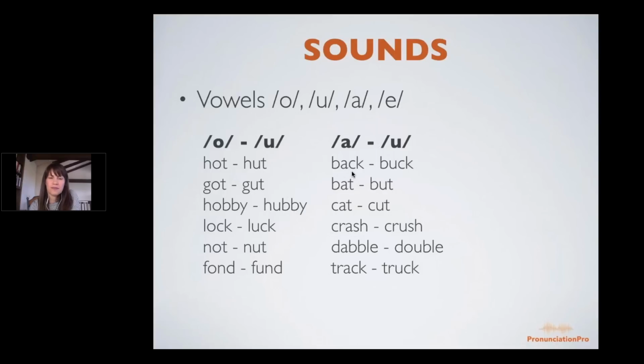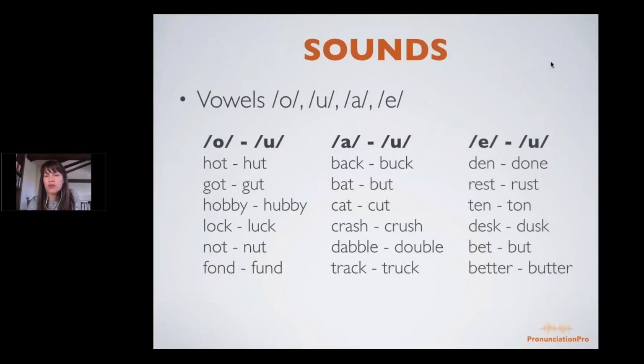Back. Buck. Bat. Butt. Cat. Cut. Okay, I'm going to stop you there because you don't have any problem with the sound. It's perfect. So the sound, read through those sounds again before we move on to the next. Sure. Buck. Butt. Cut. Crush. Double. Chalk. Excellent. All right. Okay, so now the next